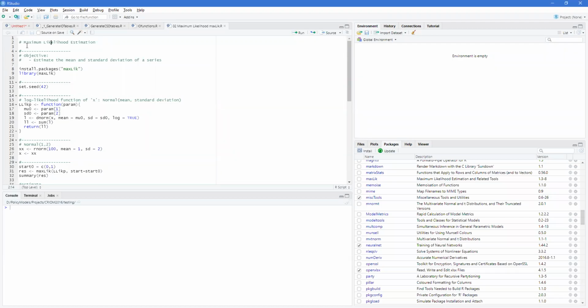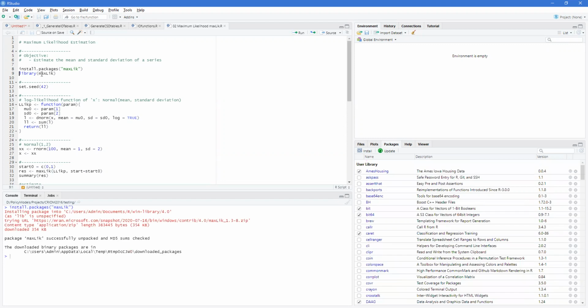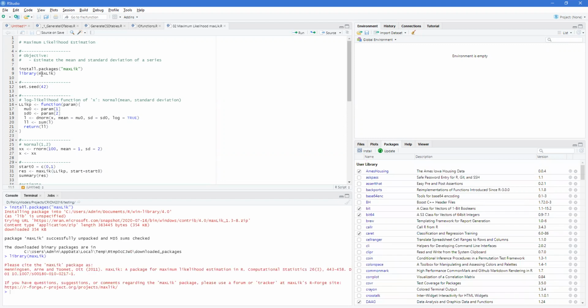In this episode, we're going to be talking about maximum likelihood estimation. So first we need to install the package maxLik. I'm going to take a moment to do this. And then we're going to attach the maxLik library. And in order to make this repeatable, we're just going to set the seed. You wouldn't have to do this normally, but I'm going to do it here so that you get the same